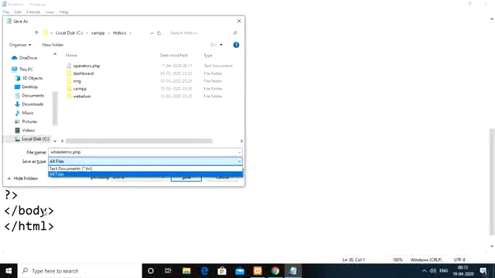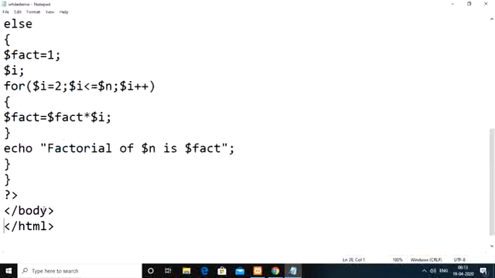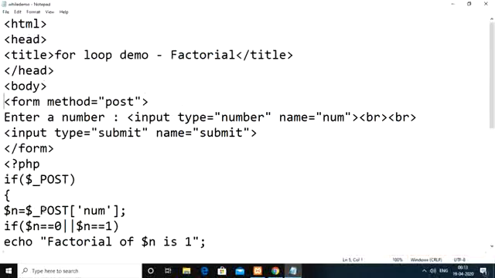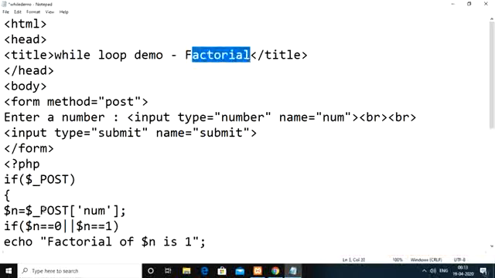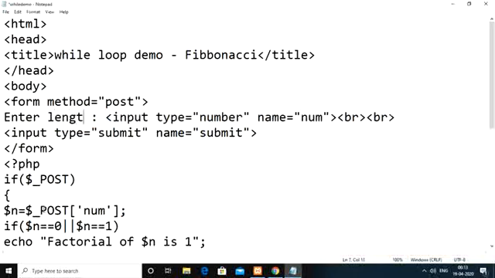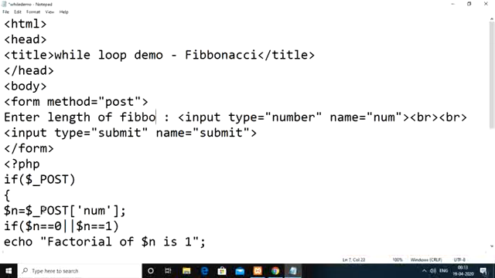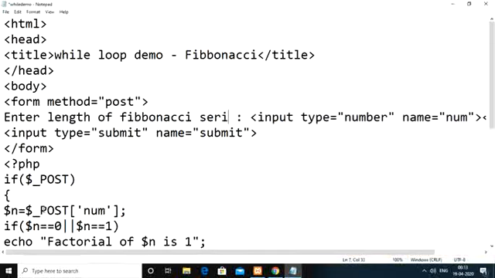Save as, all files we need to keep. In order to represent the while loop, here we take a while loop demo, representing the Fibonacci series. As an input we need to take the length of the Fibonacci series. Enter length of Fibonacci series.